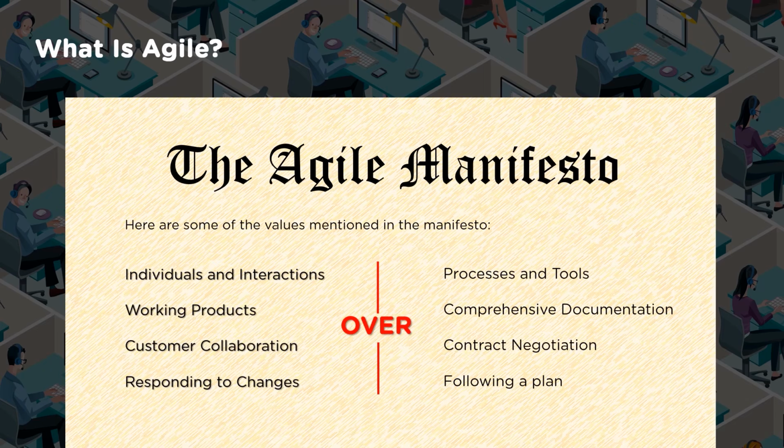Now when we say this, for example, let us go one by one. Individuals and interactions over process and tools. So are we saying we don't value the process and tools? That is not the case. Now let us look at what were the typical issues or challenges anyone would have expressed regarding the processes. So delay, maybe bureaucracy, and they cannot have the flexibility to move faster. So basically delays because of the approvals which are not happening because of the processes.